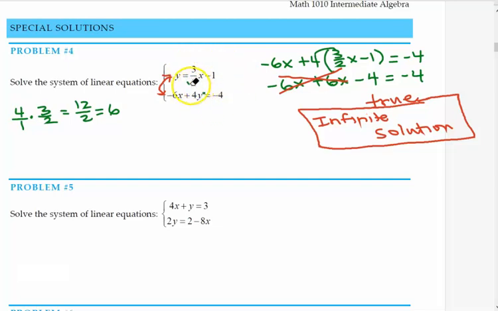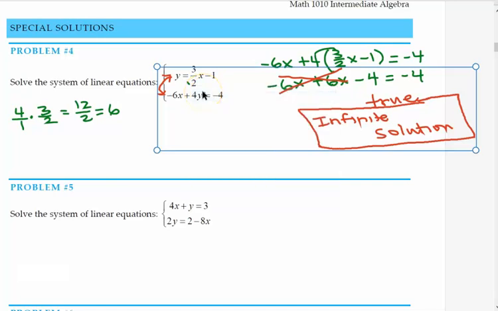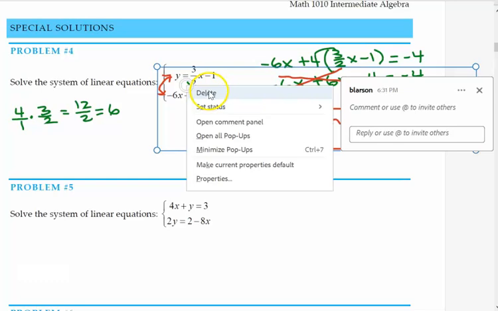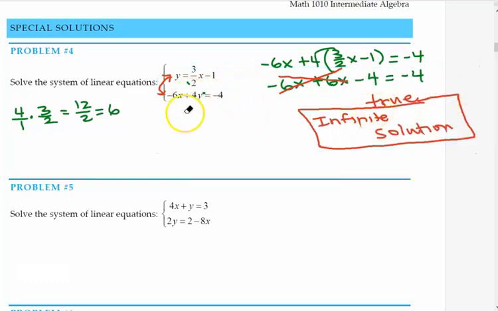Okay, so let's look at this. I want to take this bottom one, and I'm going to just solve it for y, because that top equation, y is by itself. So let's take this -6x plus 4y equals -4 and solve it for y. So if we add the 6x over, all right, we get positive 4y equals 6x minus 4. And then if I divide everything by 4,